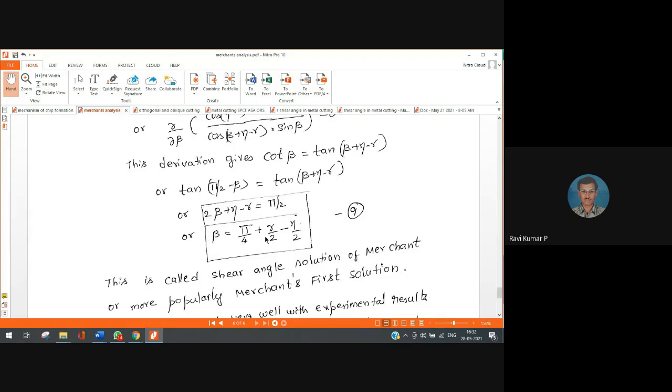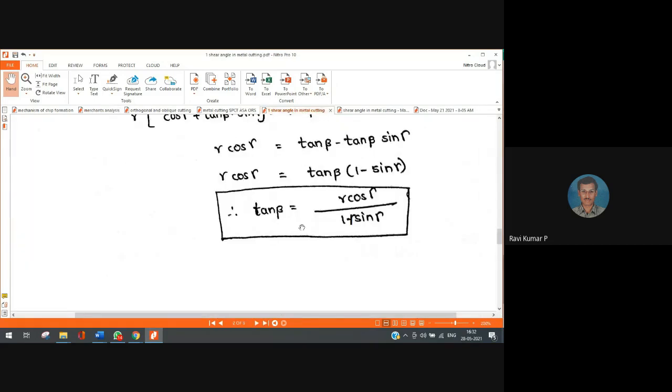Shear angle ఎంత వస్తుంది అంటే it is going to depend upon the value of gamma and eta. That means rake surface condition, that means rake angle, and friction condition eta. When I know the value of beta, I will be able to tell what is going to be the value of R. నేను యాక్చువల్గా tan beta is equal to r cos gamma by 1 minus r sin gamma రాశాను, కానీ